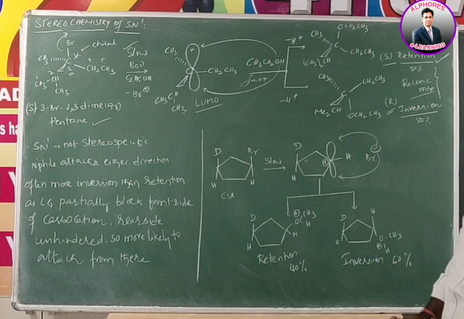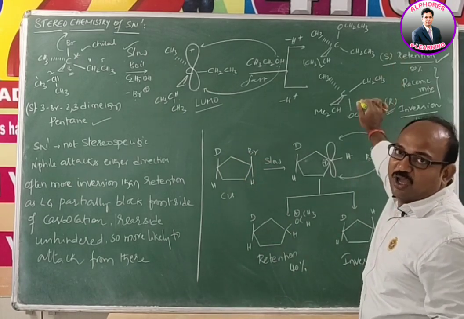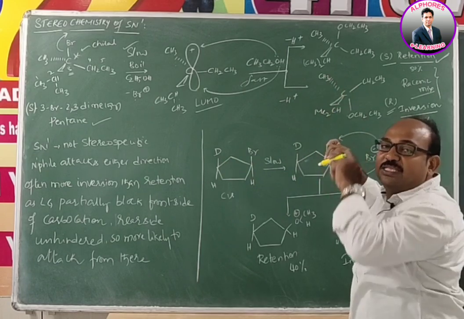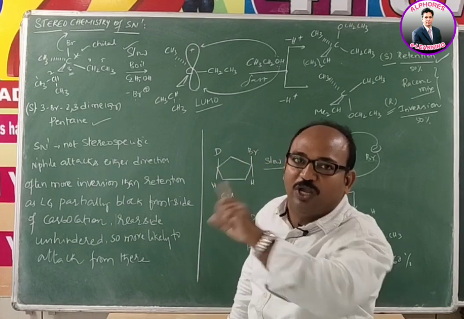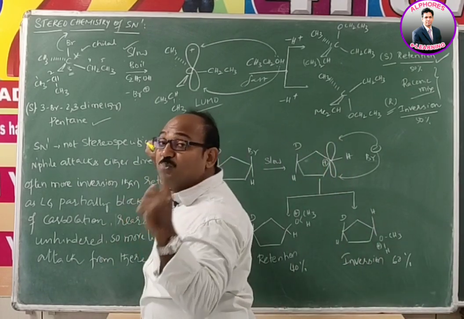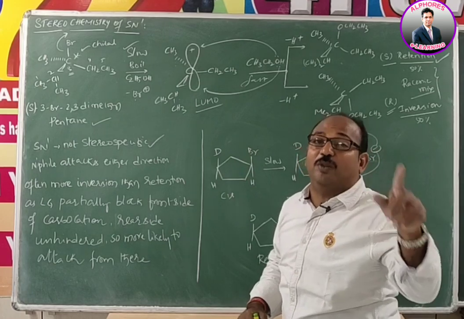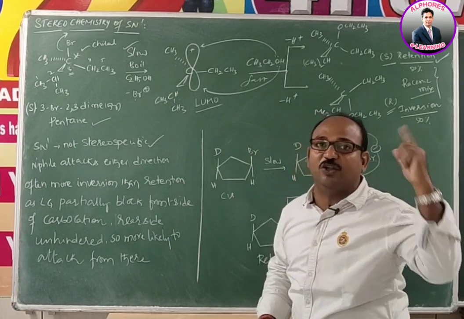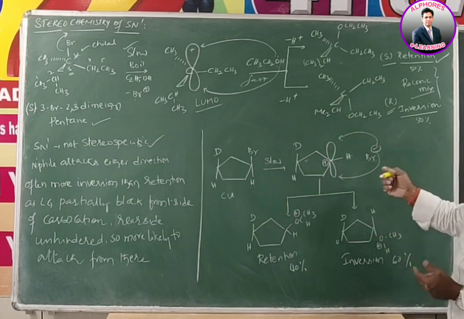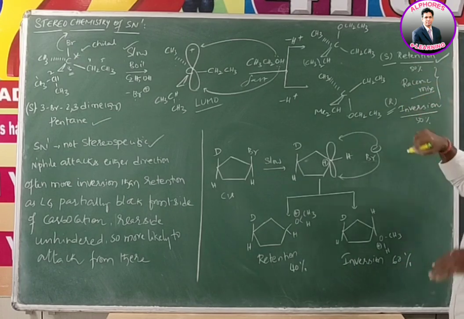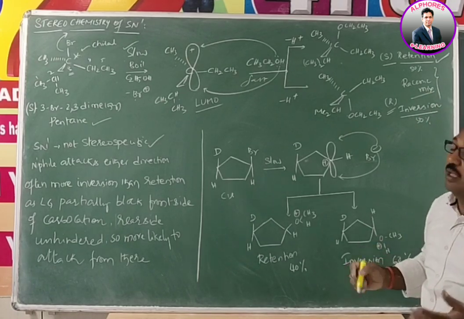Throughout this mechanism it is very clear that if we consider one isomer, you get two products. One isomer gives two products. In SN2, as we discussed earlier, one isomer gives only one product, so that reaction we mentioned as stereospecific. Here one isomer gives different products. If one isomer gives different products, of which one is predominant, that is called stereoselective. Here, predominant or not predominant, let us check. Predominant means that out of R and S, or retention and inversion, if one is the major, maximum amount and the second one is minor, in such a case we can say it is stereoselective.